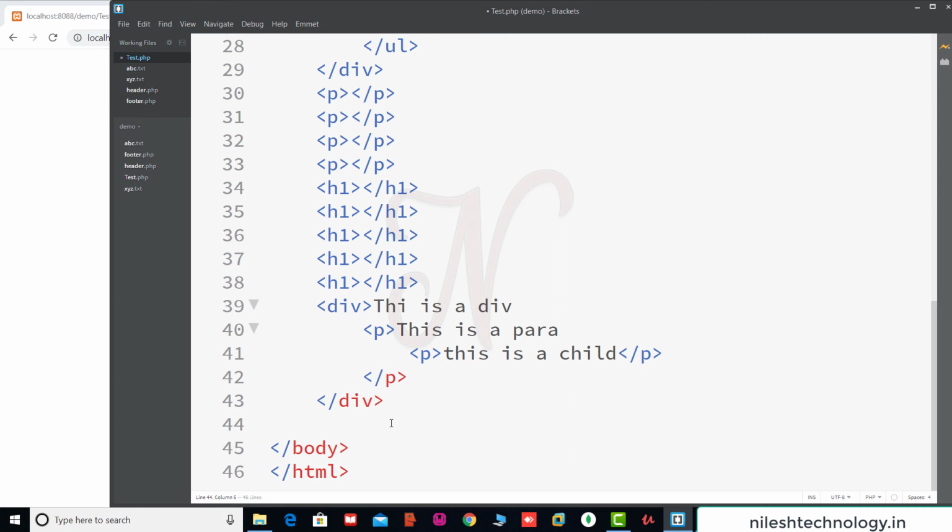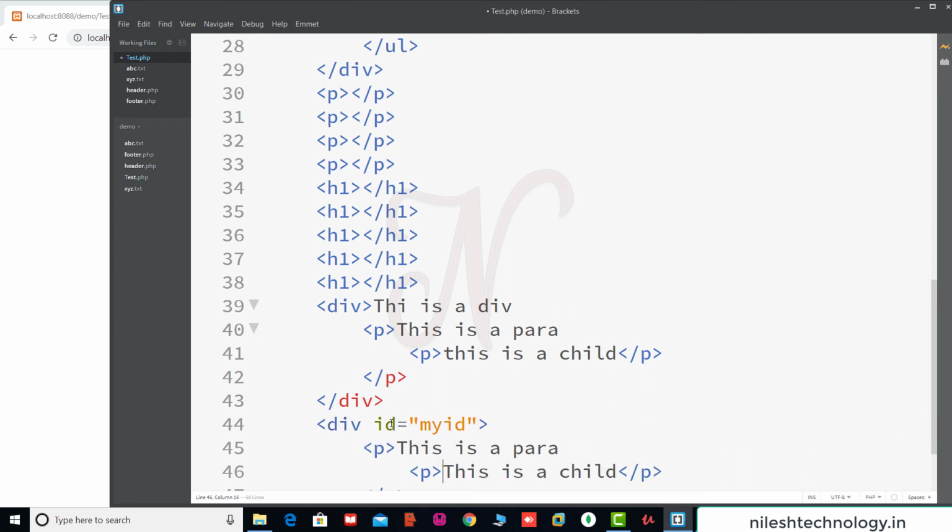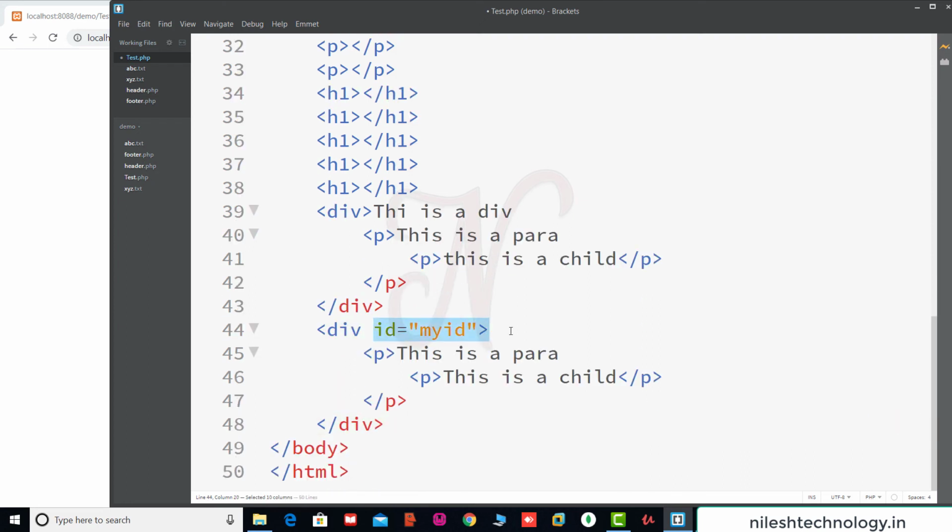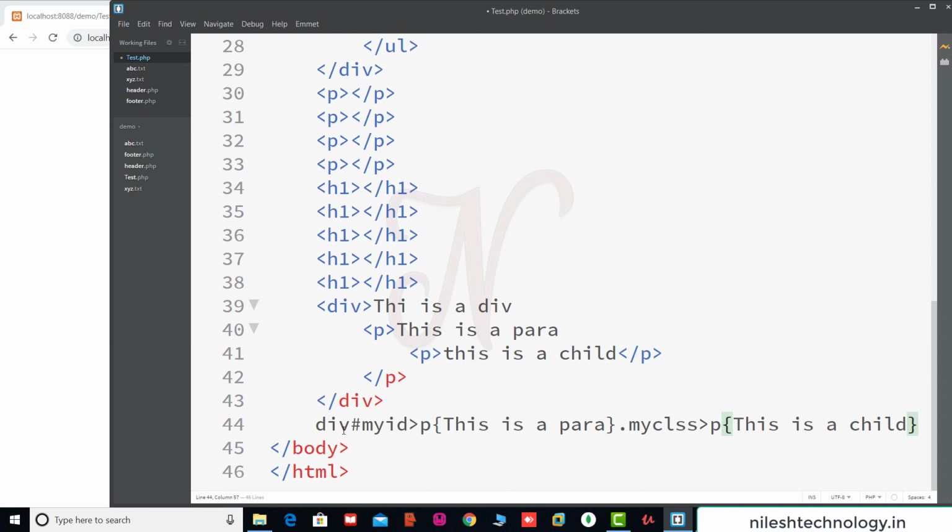Okay, so see the next example, div#myid, then greater than sign p, "this is a para", then p.myclass, "this is a child". See here this div sets the id, and this is the one paragraph. Check here div#myid>p with "this is a para", then >p.myclass, and this is a child.